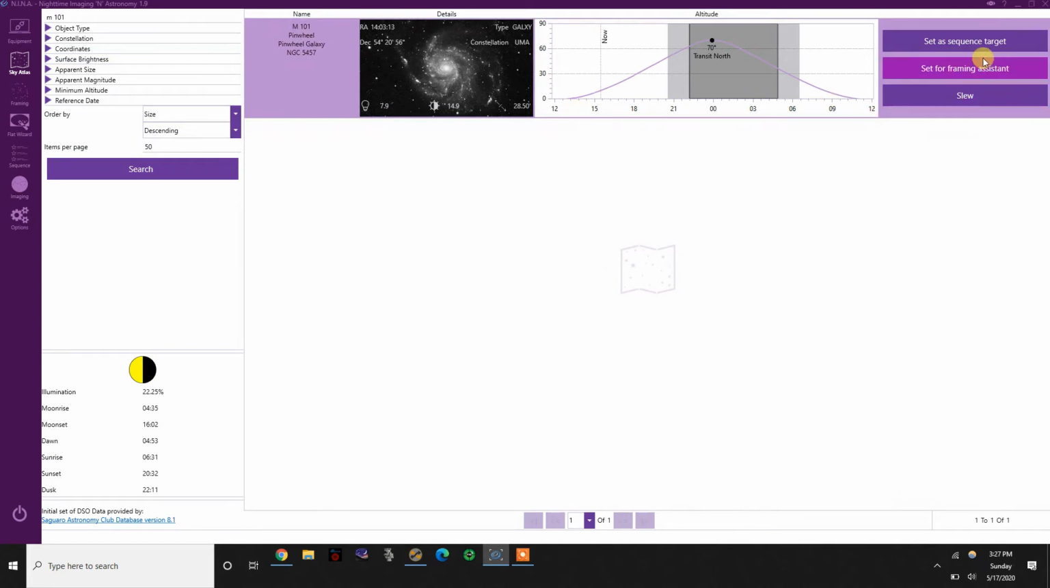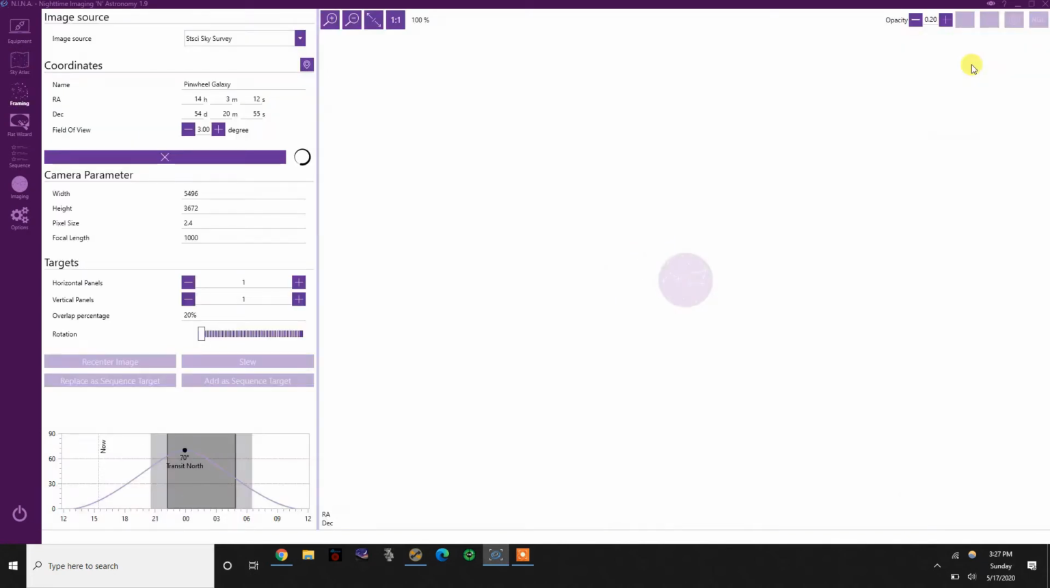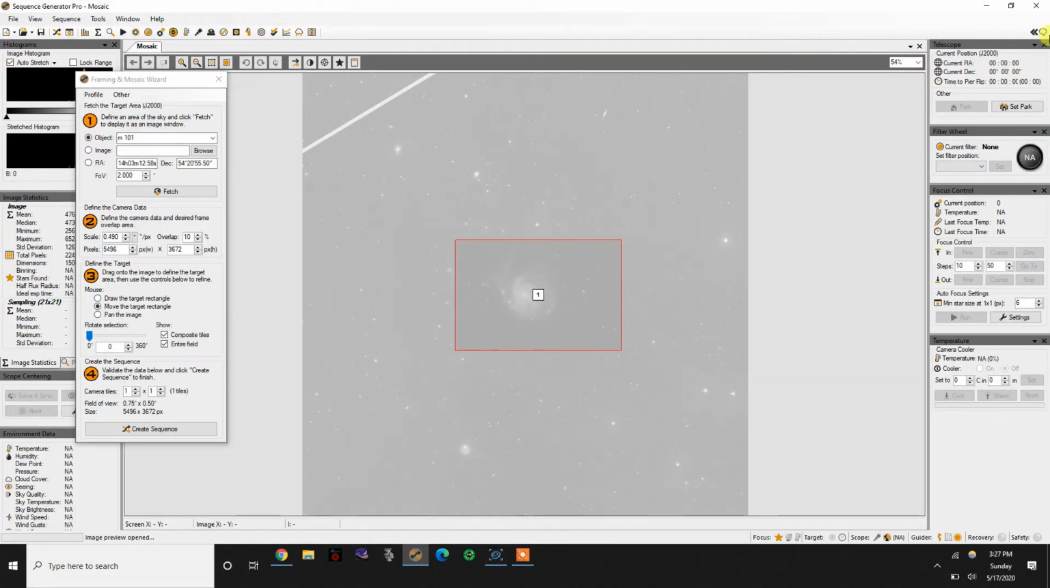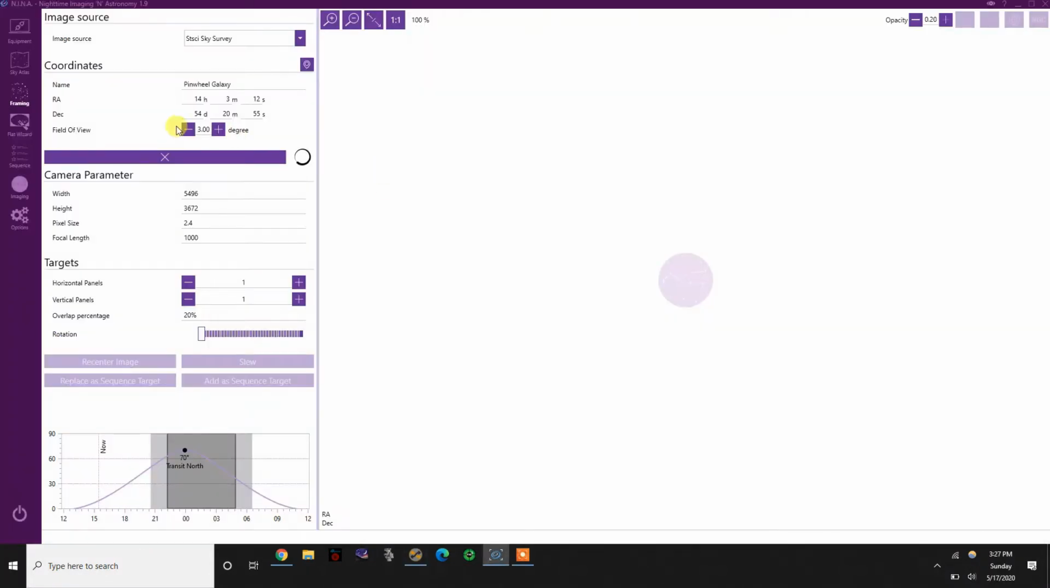So again, from here, I would then go to set framing assistant, which is going to do the same thing as it would here by moving or getting my box and pulling it across. So think of it as fetch when I hit framing, set for framing. Now, while this is loading,